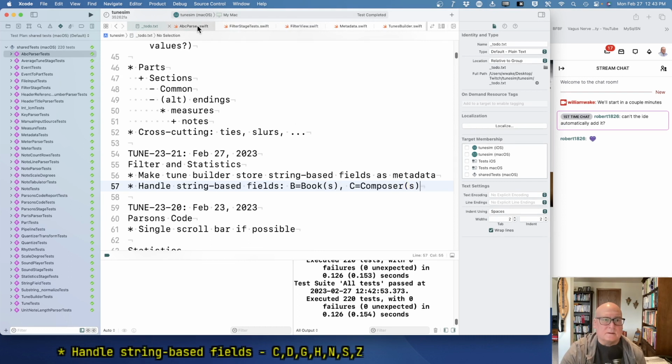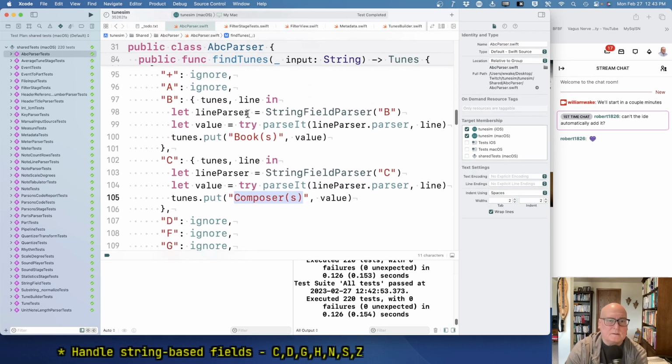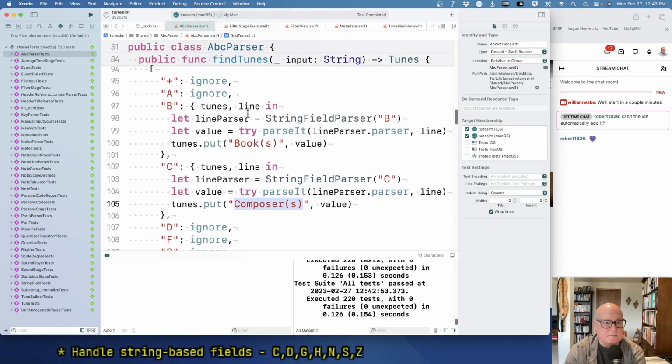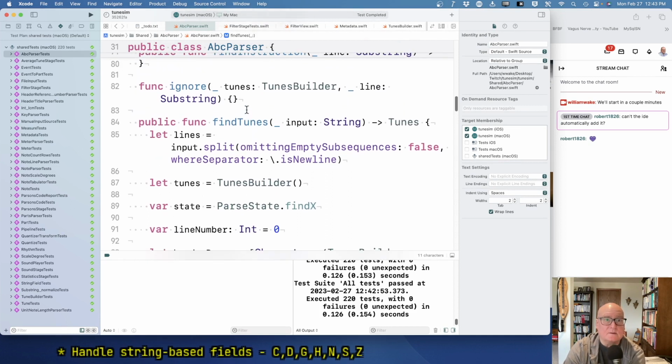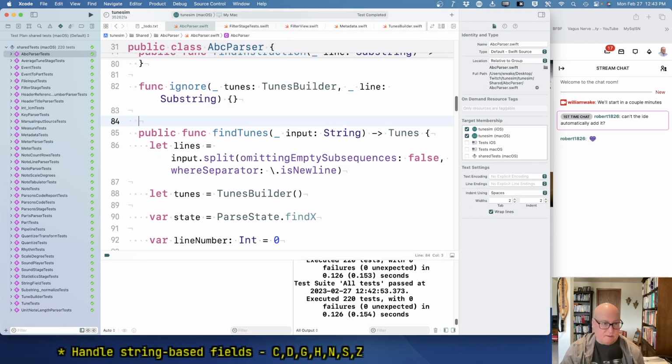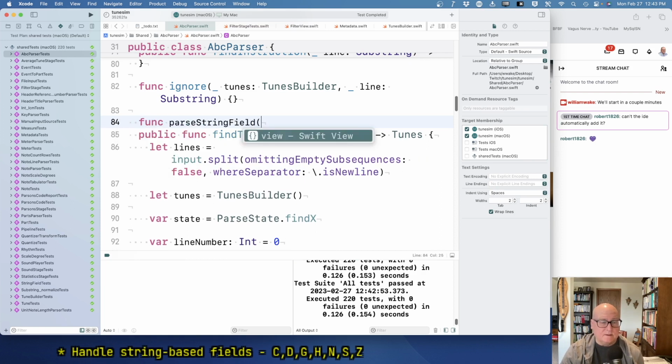All right, now let's clean that up a little. All right, so, I'm trying to think where should it live, but I guess it should live in this file. Okay, so let's make this be parse string field, and it needs the